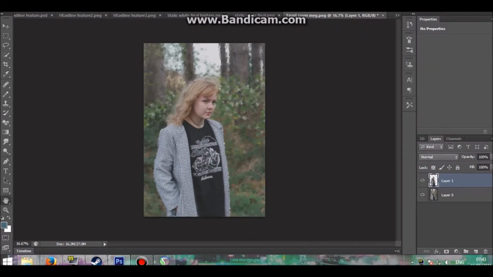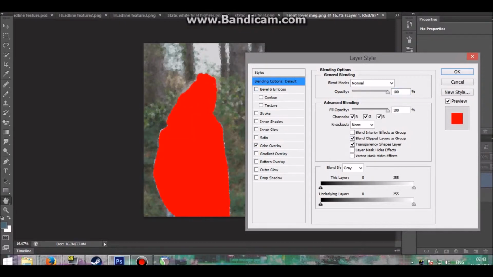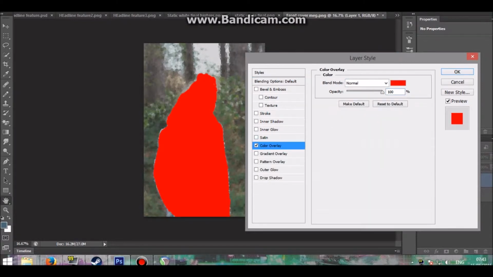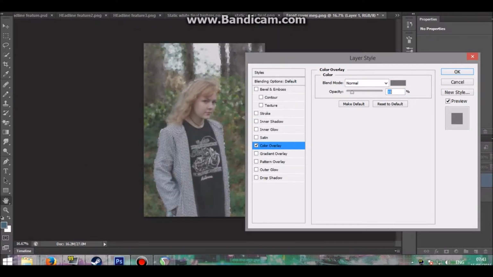Most of the images in the magazine have this same effect on. We go to blending options, and this has already been done because it's a static image put back into Photoshop. But the way I did it is I went into color overlay,